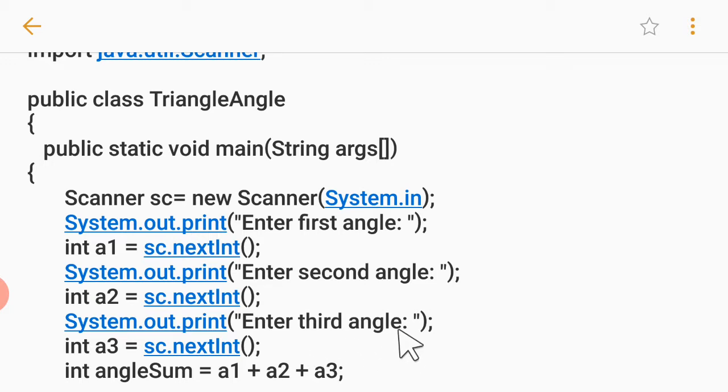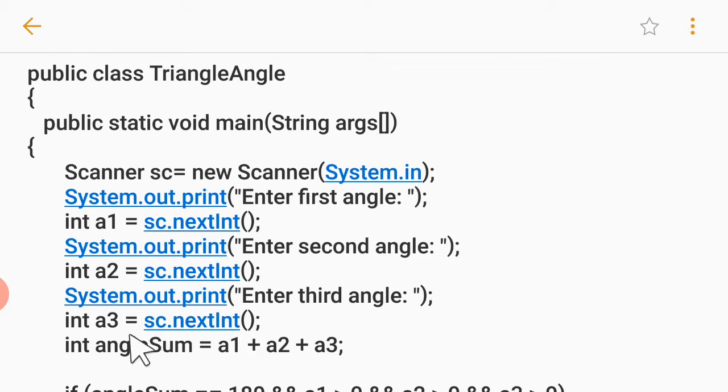And here another input statement for the angle 3, which is int a3 equal to sc.nextInt(). Again, I am telling you that the I in nextInt is capital. There is no space, and there is a dot between sc and nextInt. So three inputs for the three angles a1, a2 and a3. I hope input of this program is clear to you all.